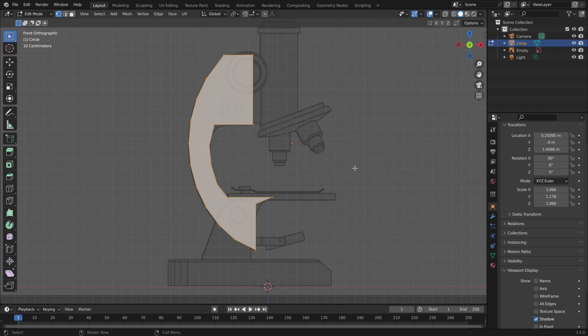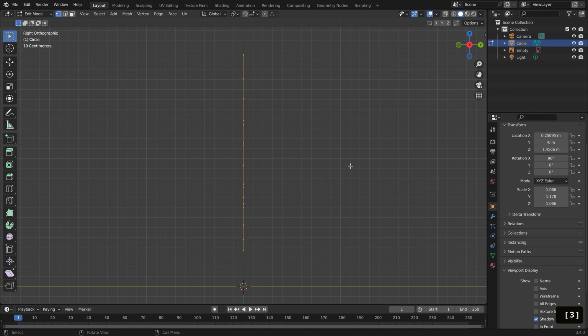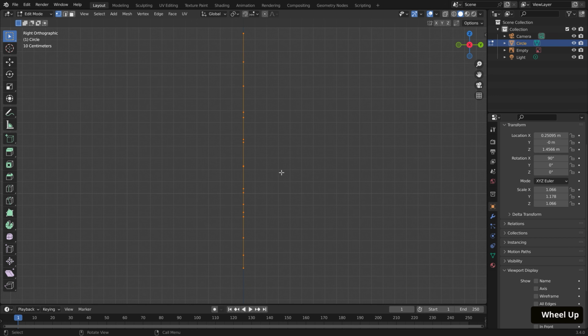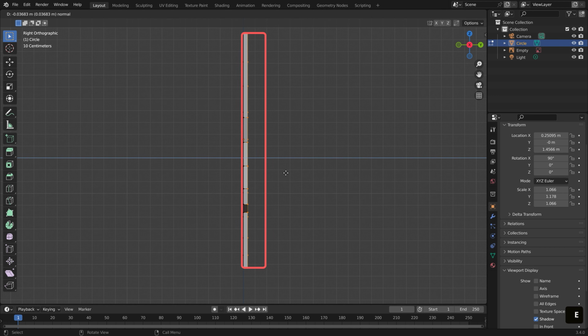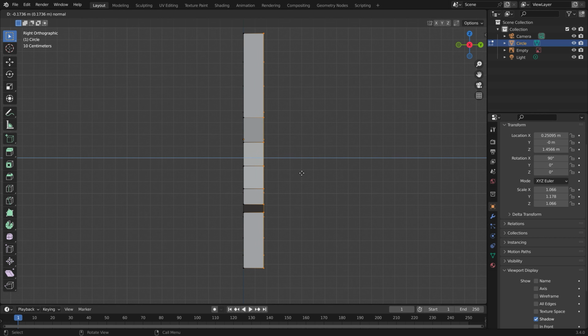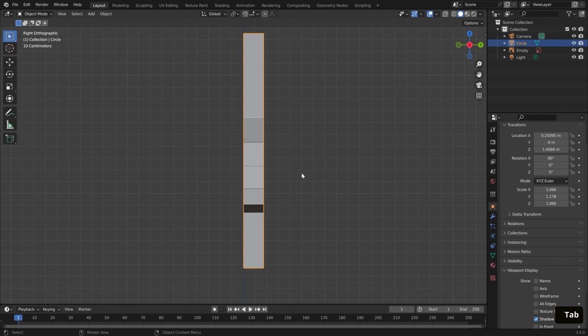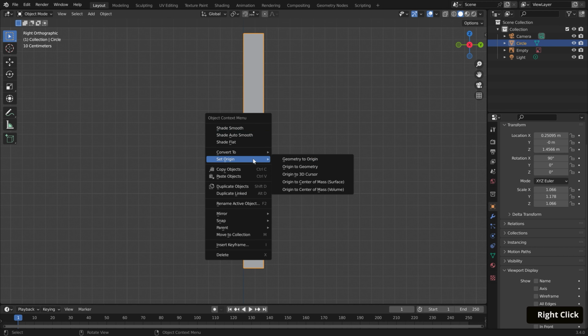We're going to extrude this, so go into side view with numpad 3. With the shape still selected, hit E to extrude to the right along the Y, and make this a little less than 2 grid squares wide in total. And just for reference, I'm using default units. Click to confirm. Tab into Object Mode, and right-click to set Origin to Geometry.